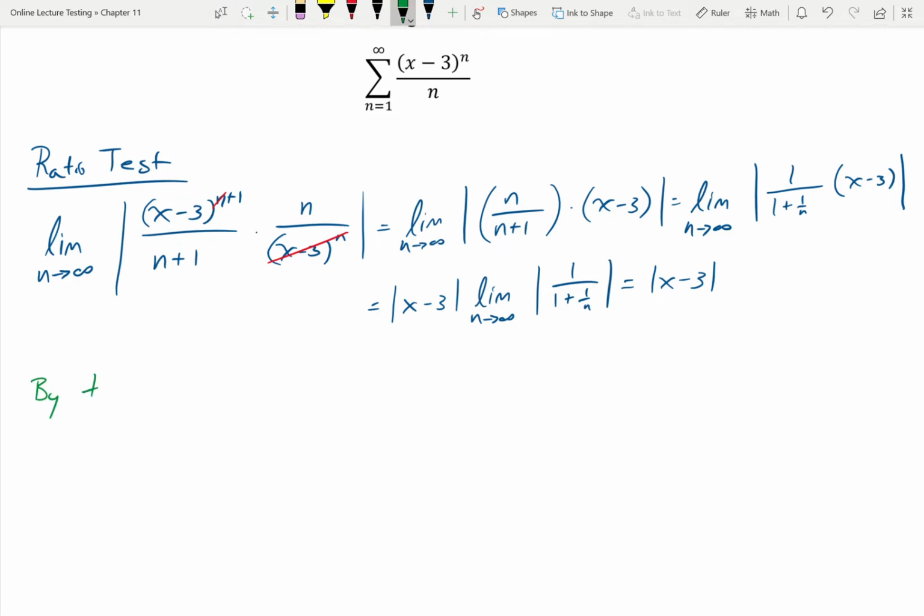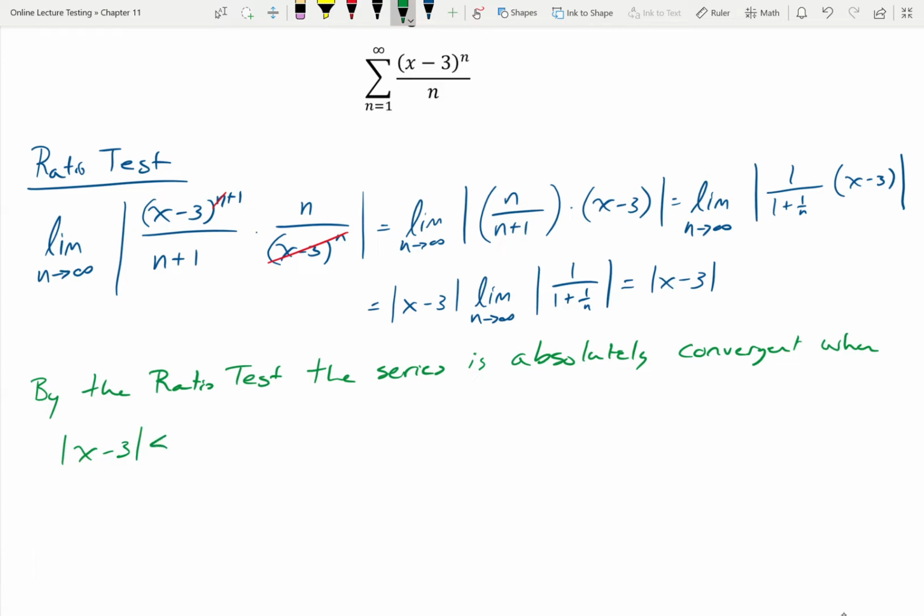So by the ratio test, the series converges, or is absolutely convergent, when the absolute value of x − 3 is less than 1. That's our conclusion from the ratio test. And divergent